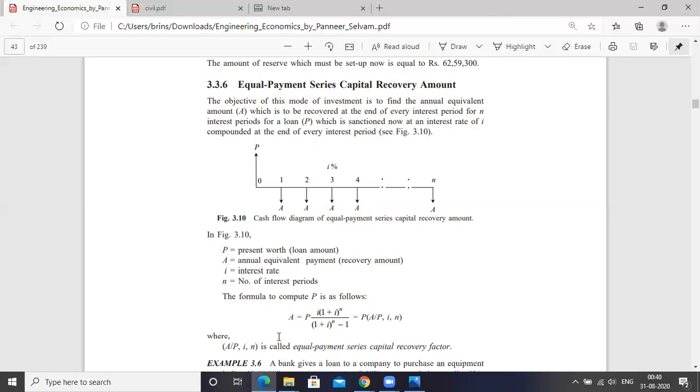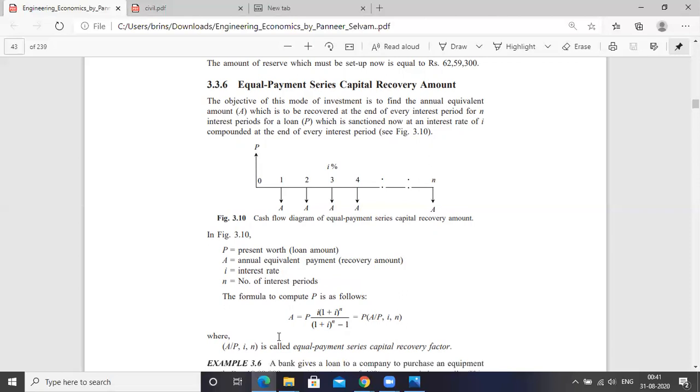So A by F and F by P. This F by P we already saw in the single payment compound amount factors. Just verify that. And this A by F, we already saw in the uniform series compound amount factor. Okay, so with those two equations, substituting, A is equal to P into A by F into F by P, by substituting the equation of